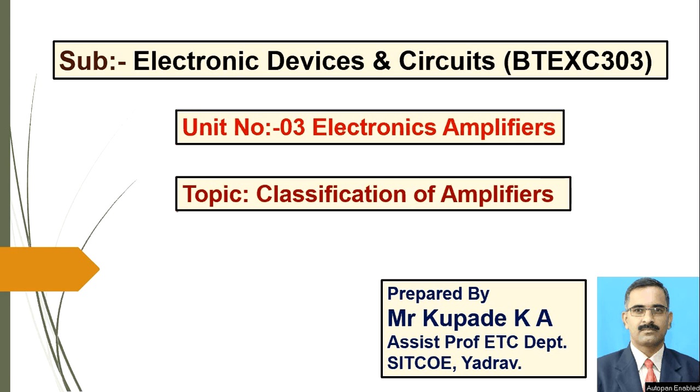In the previous lecture, we discussed the topic of classification of amplifiers. In that lecture, we discussed the classification of amplifiers based on classes, meaning A class, B class, AB class, and C class. By considering these classes, we analyzed how they take the input, and what the input impedance and output impedance of these particular classes are. That point we discussed in the previous lecture.